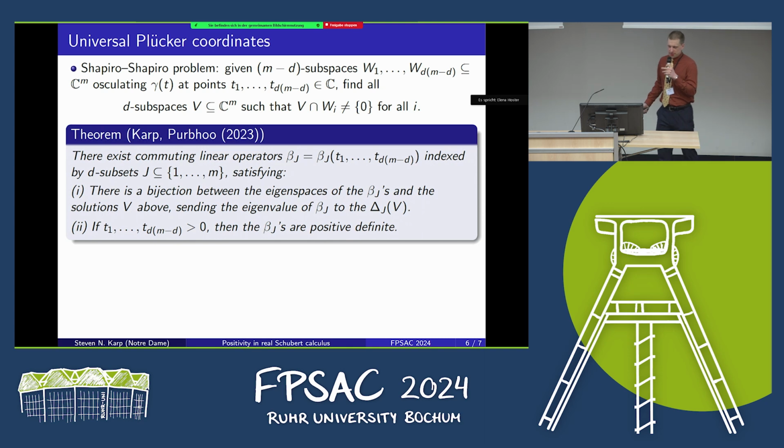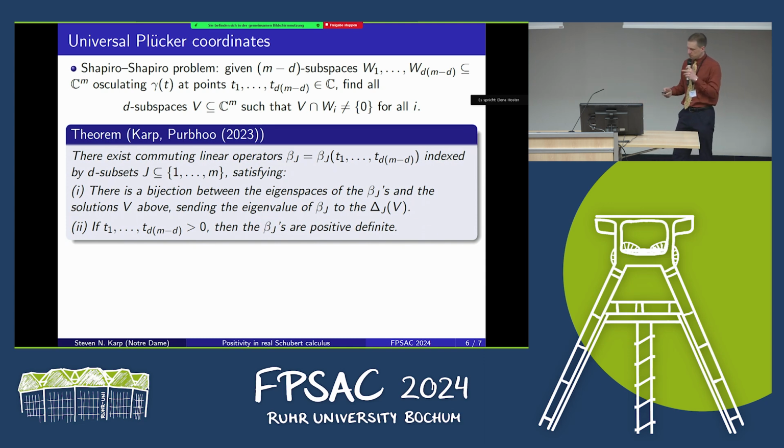And moreover, we show that every solution V can be obtained uniquely in this way. Okay, so that's part one. Part two is what gives us the positivity conjecture. We also show that if the t sub i's are all positive, then our operators beta j are positive definite, meaning they have positive eigenvalues. And that tells us that the Pluecker coordinates delta sub j are always positive, which is what we wanted to